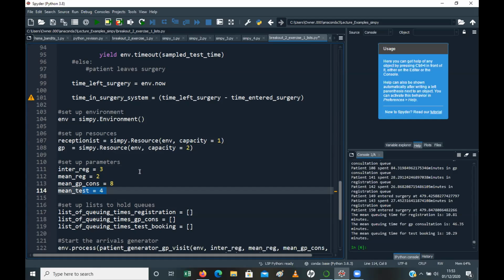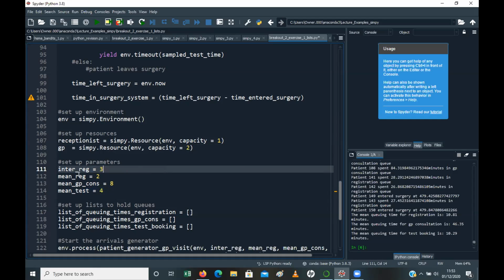Then you set up all the parameters which were given in the example. So the inter-arrival time, the time between patients coming into the surgery before they see the receptionist, is 3 minutes. They spend 2 minutes with the receptionist, 8 minutes with the GP on average as a consultation, and 4 minutes